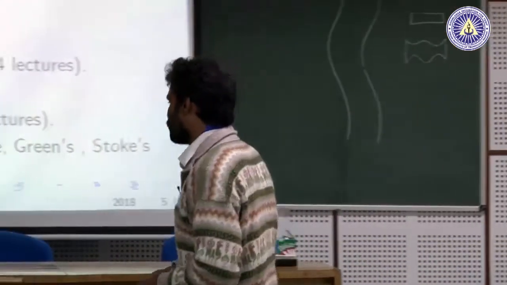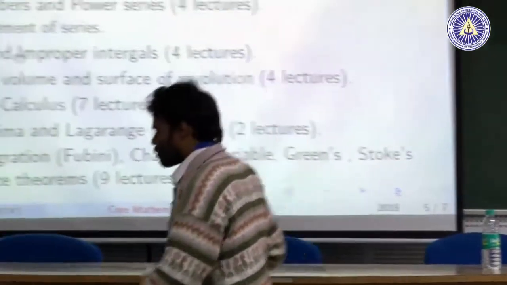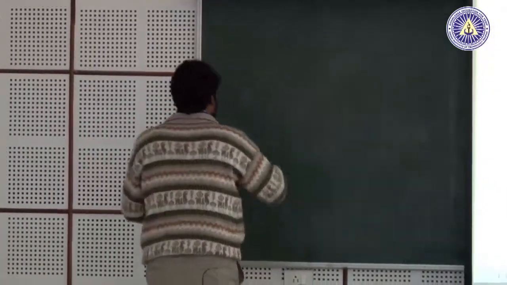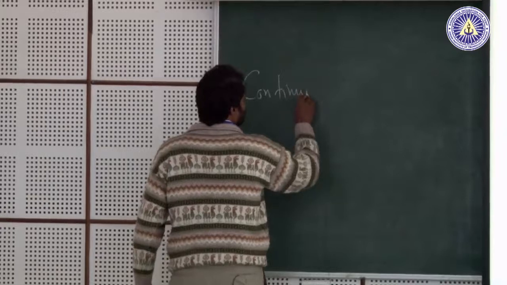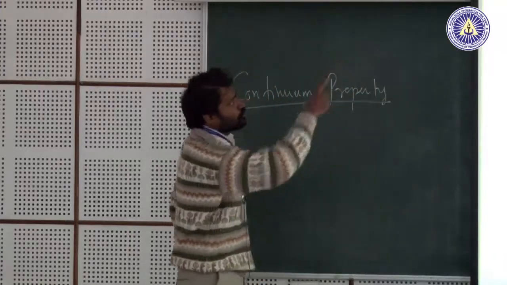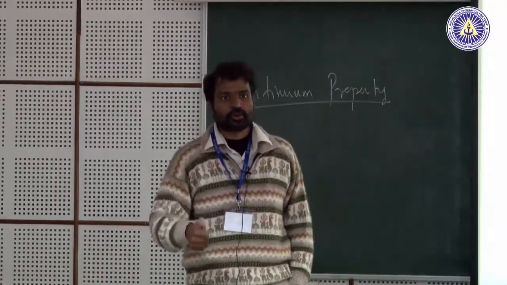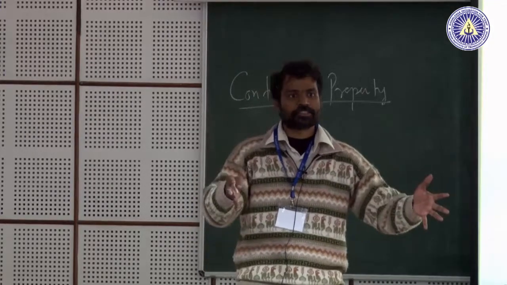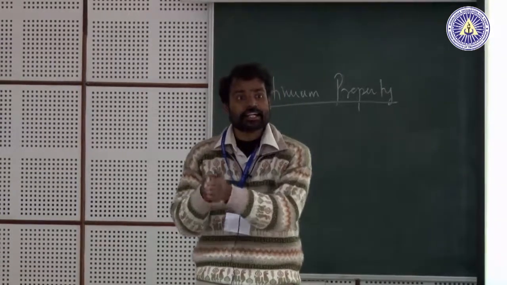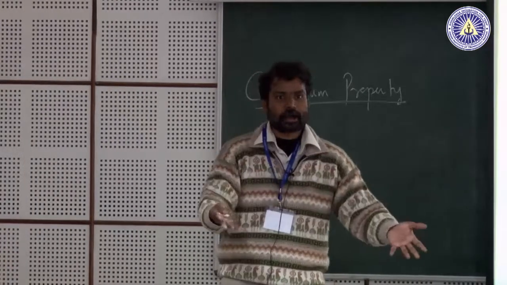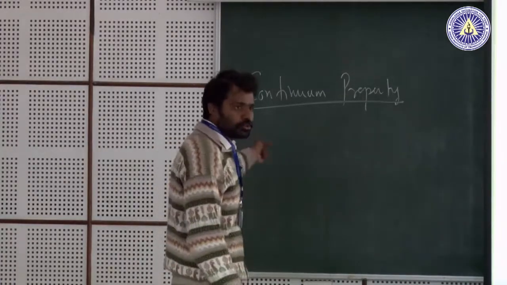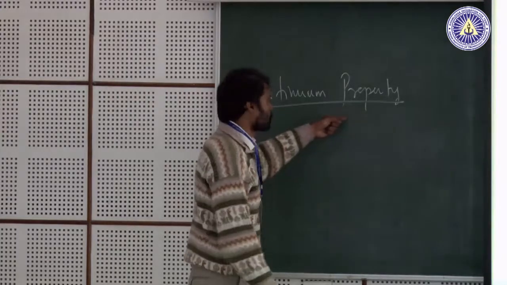So, this is what is called the continuum property of real numbers. And if you remember, the mathematicians here might know, that is the first property that you introduce if you are going to talk about real numbers. The first assumption that you make about real numbers is that if I have any real number set that is bounded above, then it is going to have a least upper bound, right. Why do we need that assumption on real numbers? Because that is what we see happening in reality, and that is the example that I gave you just now, right. So, that is how you impose this continuum property, which is a hypothesis, actually an axiom,